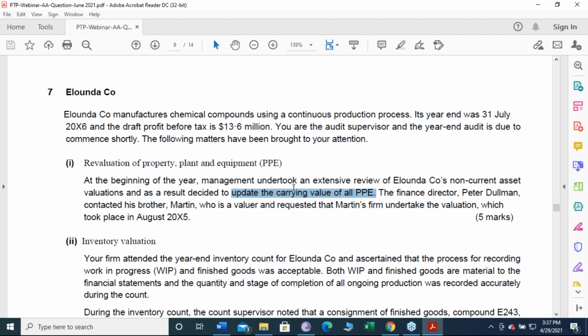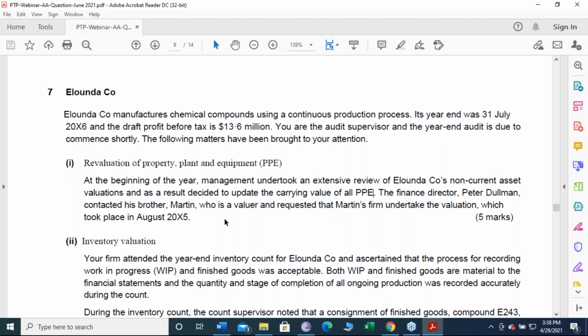Second, these property, plant, equipment would be classified in the statement of financial position at the year end. So I would like to obtain the schedule of all property, plant, equipment those were revalued during the year, and I would like to cast them in order to confirm the arithmetical accuracy and the valuation, and I would like to verify that amount with the trial balance and the statement of financial position.